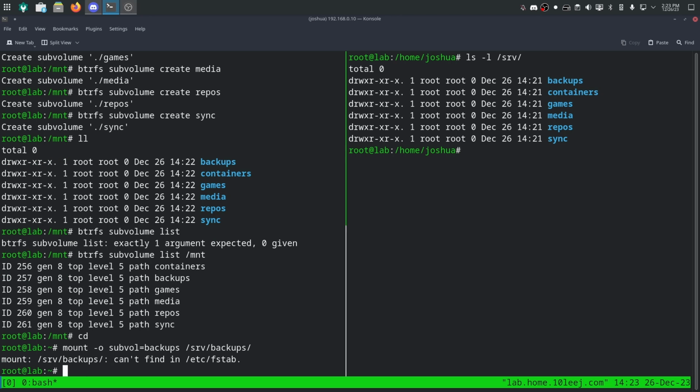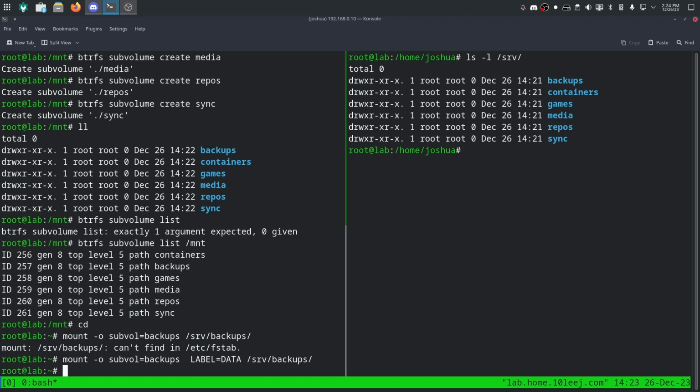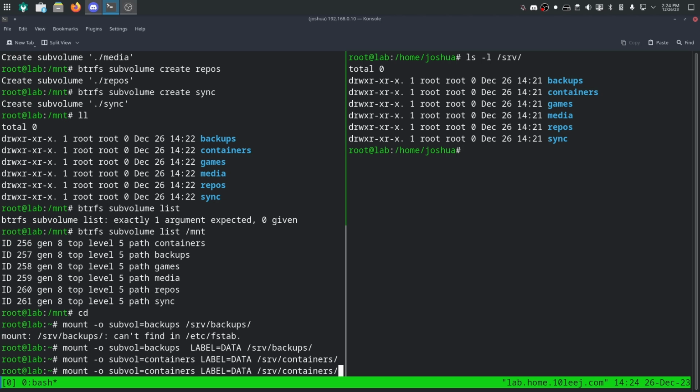And oh, it would help if I do label=data, of course. So I'm now going to do this for every single one of the subvolumes I just created. So serve containers, go over here, containers,